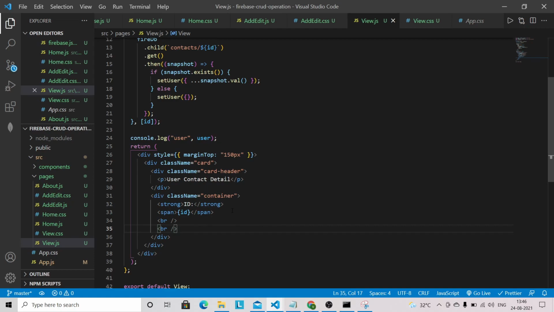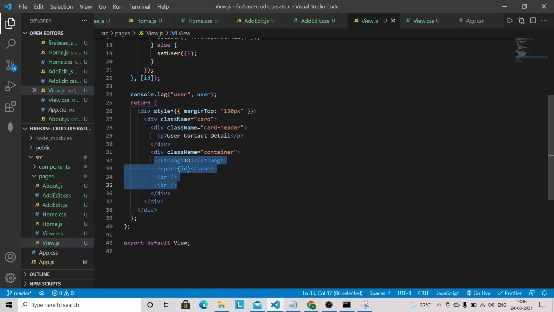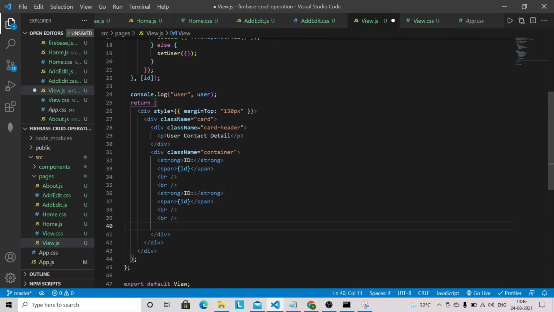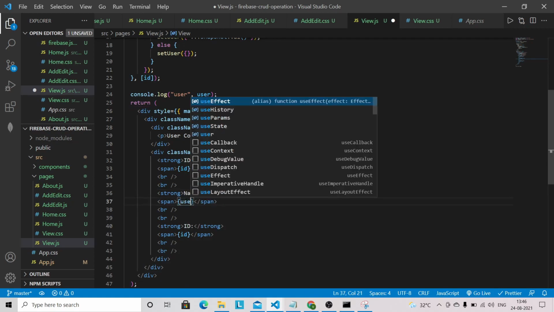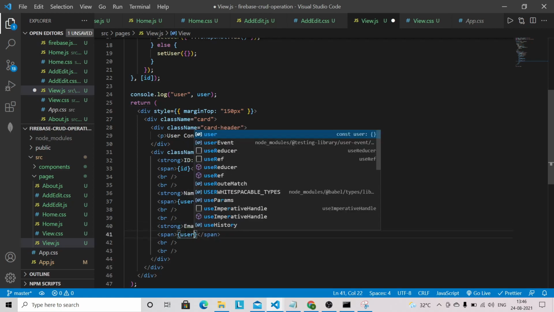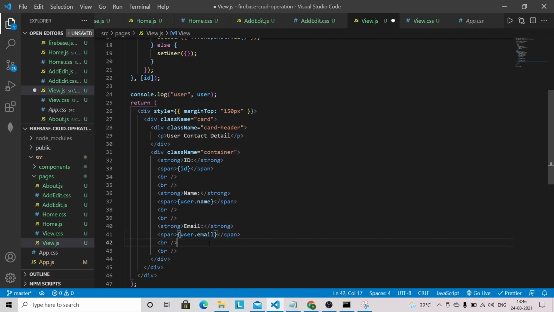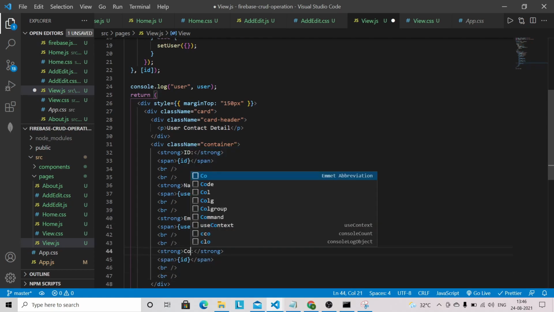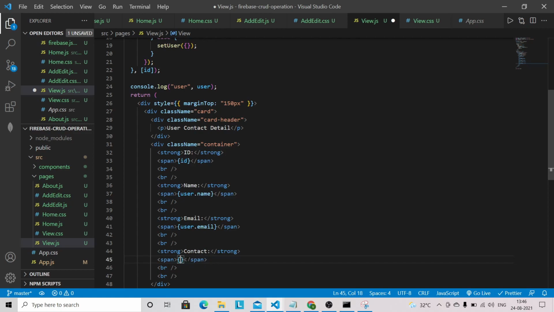and the next thing we will have name, email, and the contact. So I'm just going to copy this thing again and just paste it a couple of times, and we have to adjust this one. So it will be name, and this will be like user dot name. This will be the email, so it will be like user dot email, and we have to paste it one more time. So this will be contact, so this will be user dot contact,